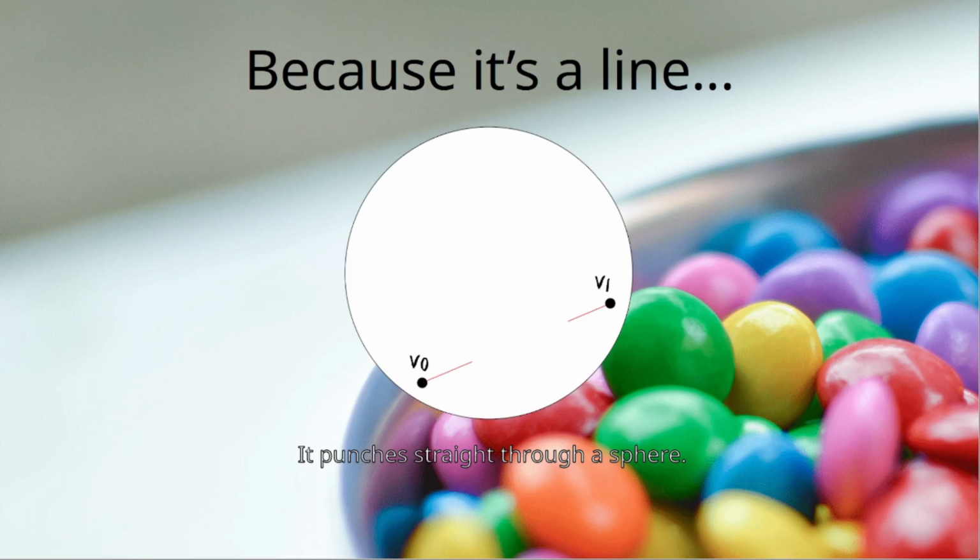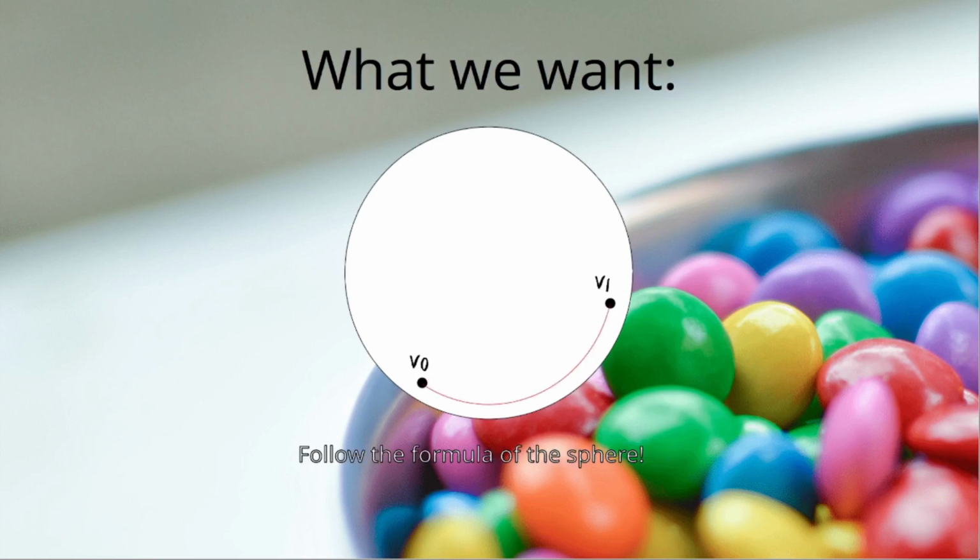What we need is something a little more nuanced than that. We want an arc along the two like this. To do that, instead of following the line, we have to follow the formula of the sphere itself so that every point is along the surface of that sphere. And if you're curious, yeah, you can do this with weirder shapes too, as long as you know the shape of that. It won't be a regular slerp and you'll have to write it yourself, but the principles are the